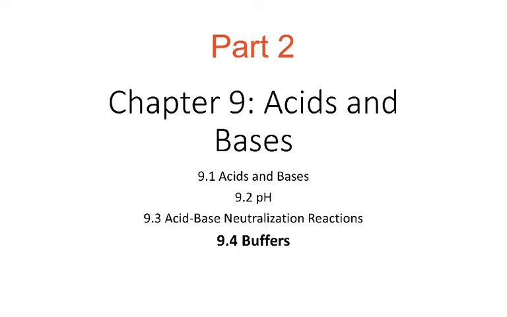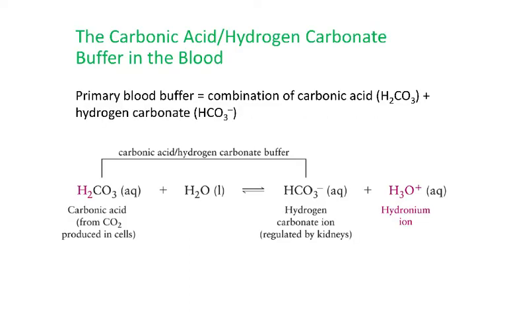All right, folks, we're talking about buffers, acid-base buffers, and we're going to now look at the carbonic acid hydrogen carbonate buffer in blood. All right, so how is blood pH maintained at such a narrow range? The primary blood buffer is a combination of carbonic acid, H2CO3, and hydrogen carbonate,